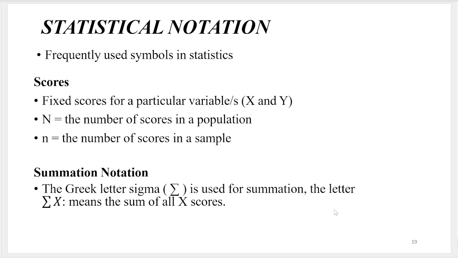Statistical notation refers to the symbols commonly used in statistics to represent data and make analysis simpler and more standardized. For example, capital X and capital Y are used to represent scores or variables such as salary or performance, while capital N refers to the total number of observations in a population, and small n refers to the number of observations in a sample. Another important symbol is the Greek letter sigma, which represents summation, meaning the total of